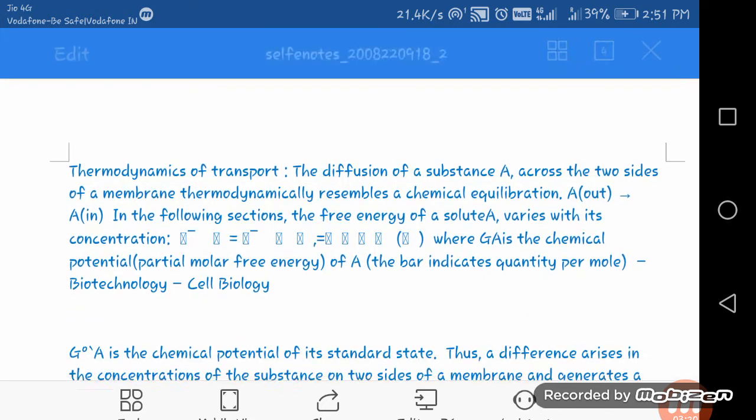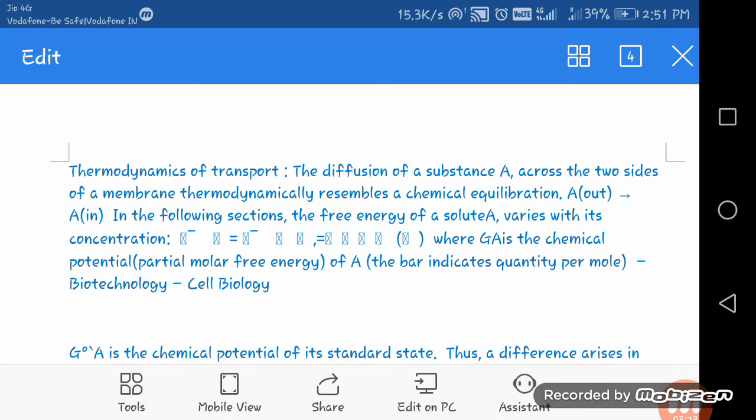Okay, so this is the thermodynamics. There are two types of transport across the membrane. First is non-mediated transport, which occurs by passive diffusion, like oxygen and carbon dioxide, as I told you in the previous lecture. And next is mediated transport, which occurs by dedicated transport proteins, like passive mediated transport, facilitated diffusion, high to low, and active transport, low to high. Many require energy in the form of ATP or in the form of a membrane potential.